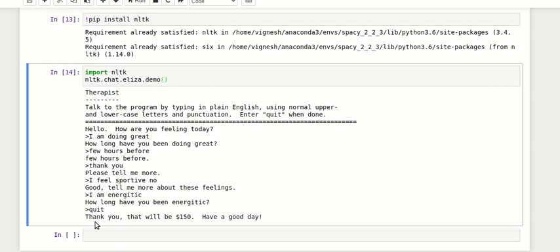Okay, yeah, it says thank you, that will be $150, have a good day. Okay, yeah, that sounds good. Now let us see how we can make use of other bots. And now what I am going to do is